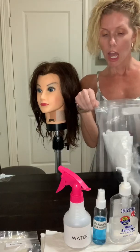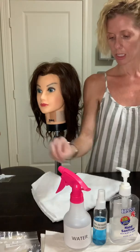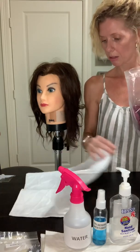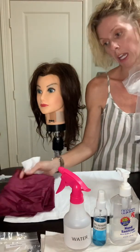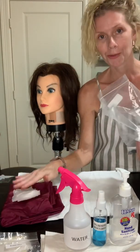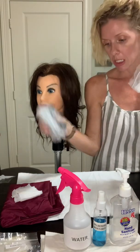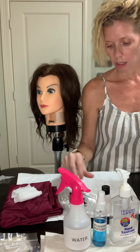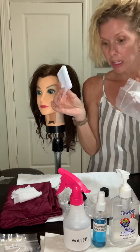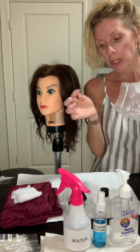So first, I'm going to unpack my supplies. Spread this towel out on my station. I have a cutting cape or a makeup cape, but using a cutting cape for this. Next, a neck strip, a headband and processing cap. I have makeup remover and cotton pads. Okay, eyelash strip, a clip to pull the hair back, a clean mascara wand,